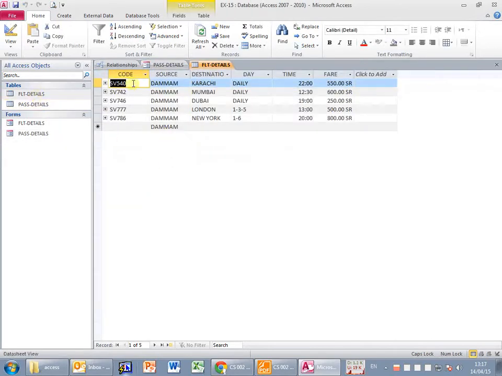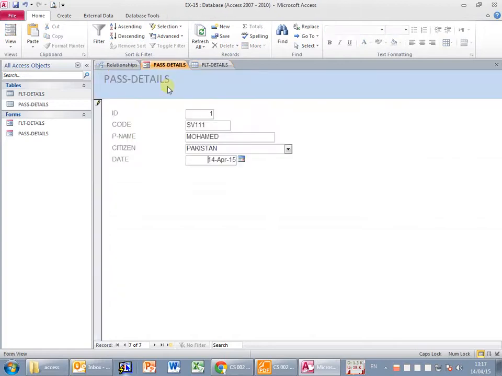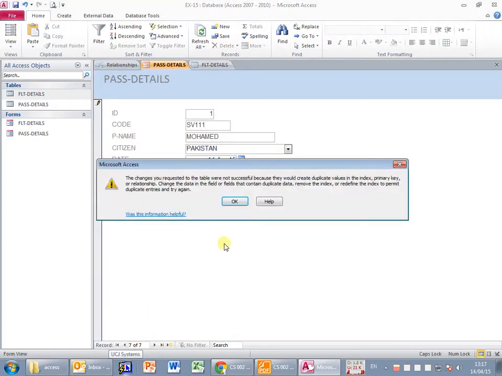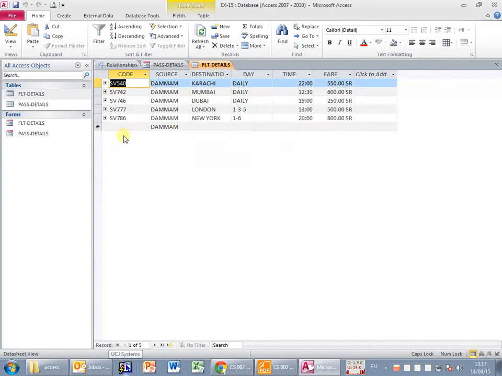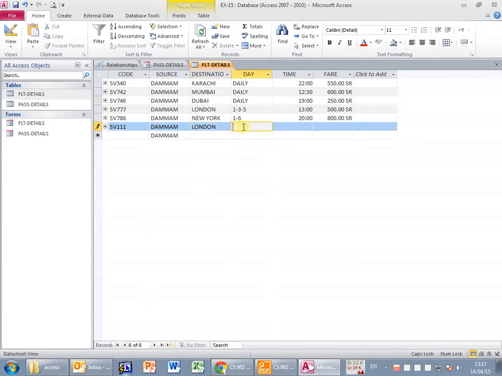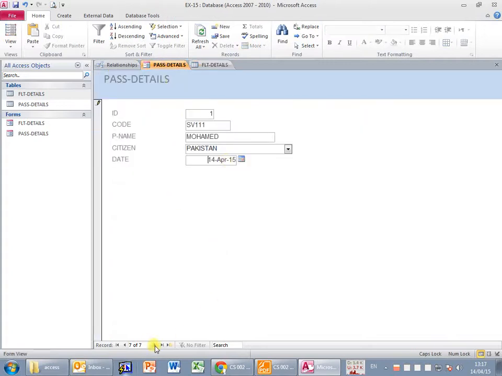If I open the flight detail, I cannot find any one of there. So I cannot go past here and create a new one unless I go here and say, okay, I have a flight SV111 going from here to whatever, and let's say I'm just going to copy and paste something. Even though I don't have to fill all of it because these are not always all required, let's make something that makes sense. For example, now I have the SV111. If I go back and try to save it,